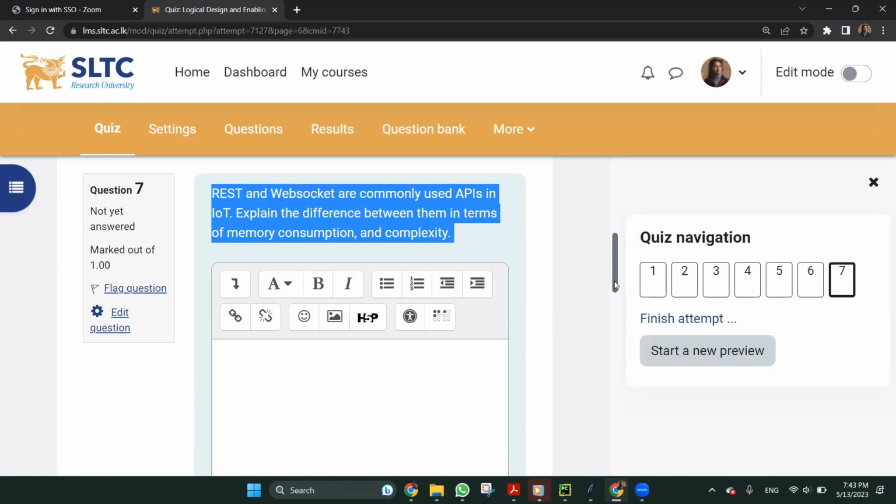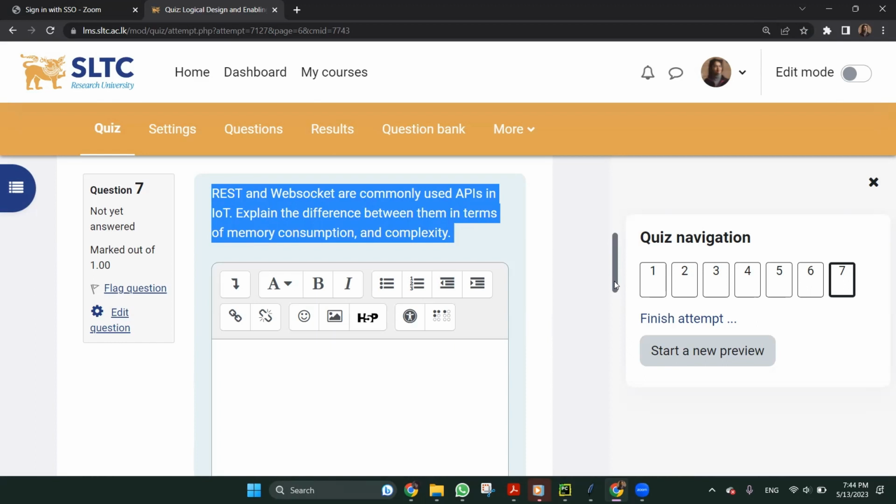However, in the WebSocket, we make a request for the communication to start. Apart from that, once the communication is started, it will not end until one of the devices, the client or the server, decides to terminate that communication, right? Therefore, the WebSocket communication uses a long duration for the communication. So as you think,